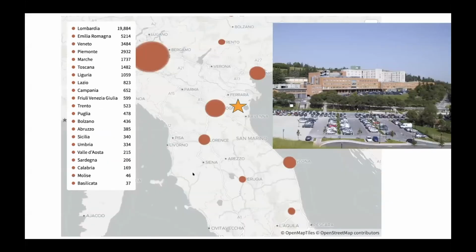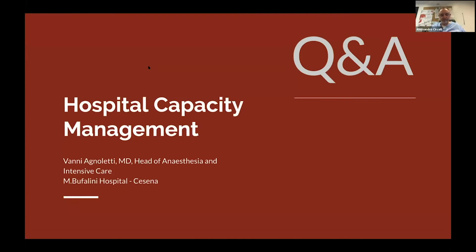So we are, Bassam, okay. The star where we live, and Bergamo is in the big red circle. Okay. So